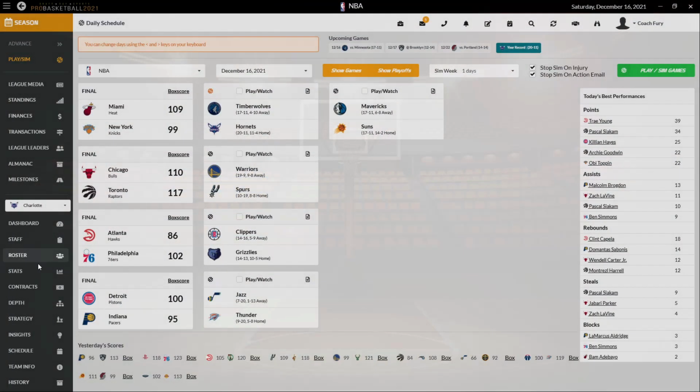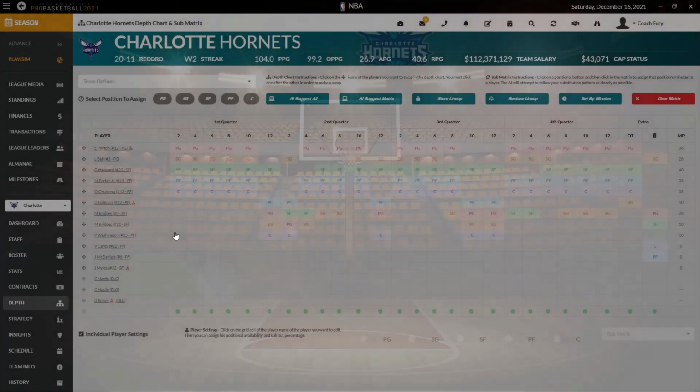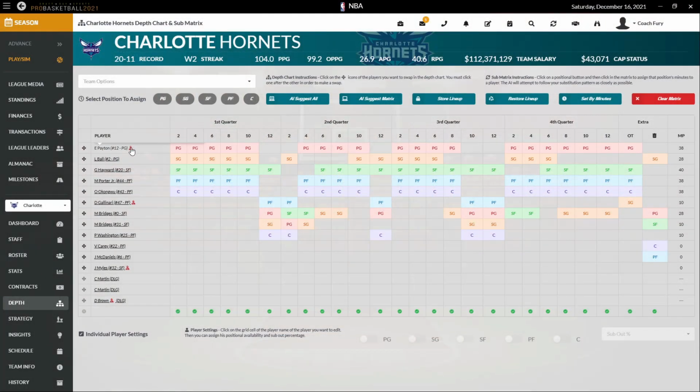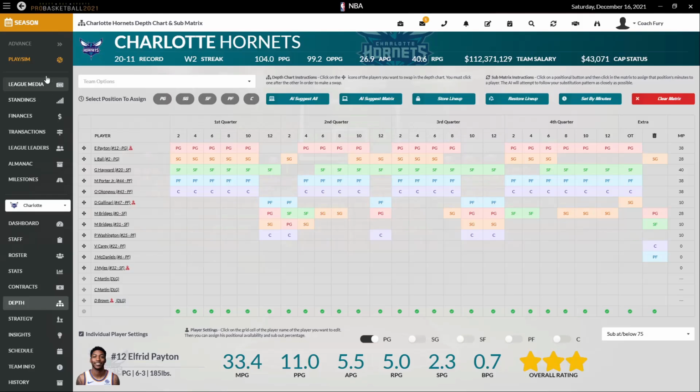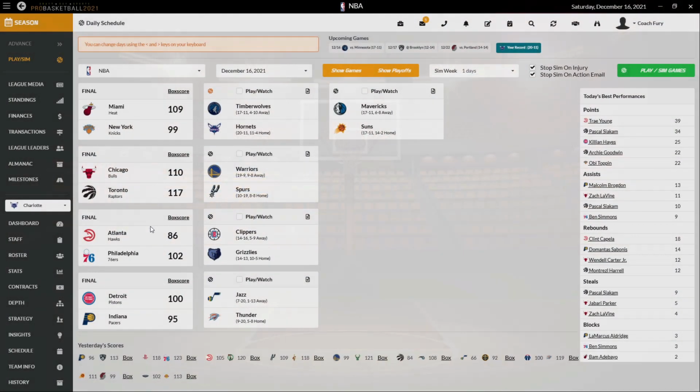So we've hit another injury, it looks like, even though we haven't played any games, a training injury of some sort. So Elfrid Payton is out for 1 day, typically just before I play a game as well. Are we playing? Yeah, we are. Okay, so